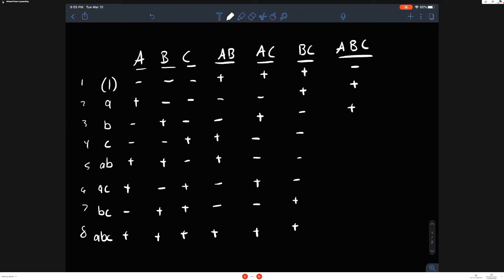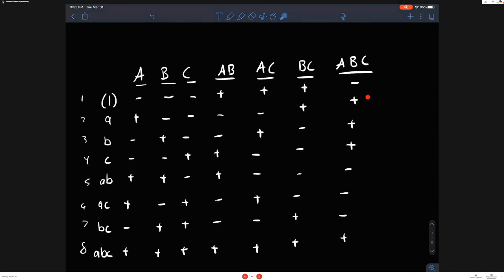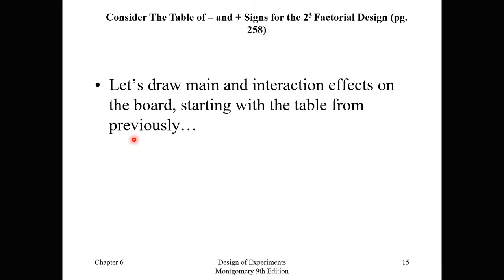Minus, plus, minus is a plus. And then one more plus, minus, minus, minus, plus. And again, I can check that I have 1, 2, 3, 4 plus signs, and 1, 2, 3, 4 minus signs. So this is how we can construct these tables,